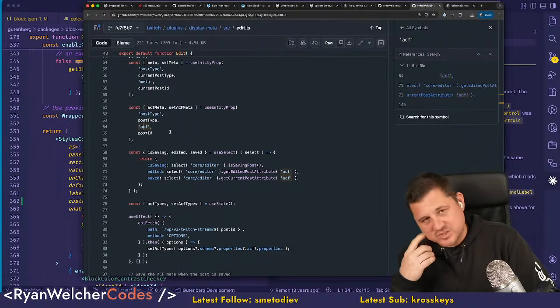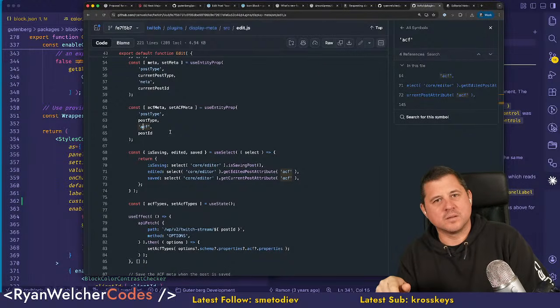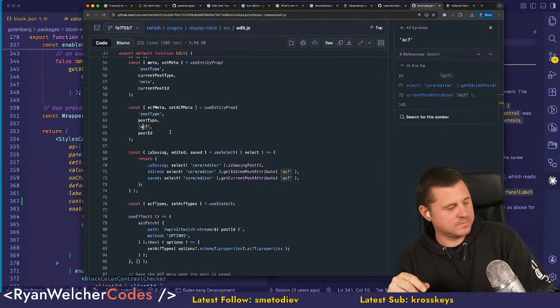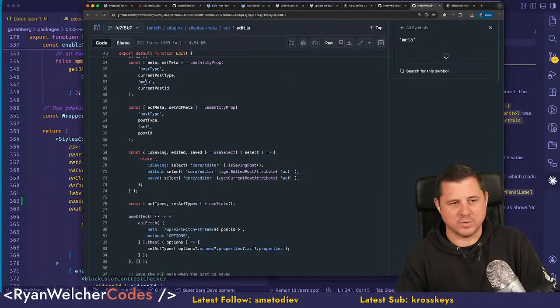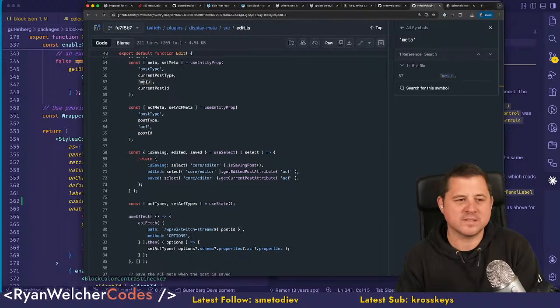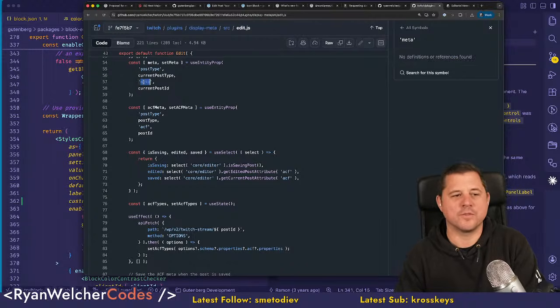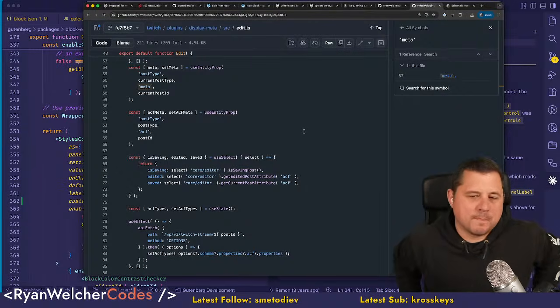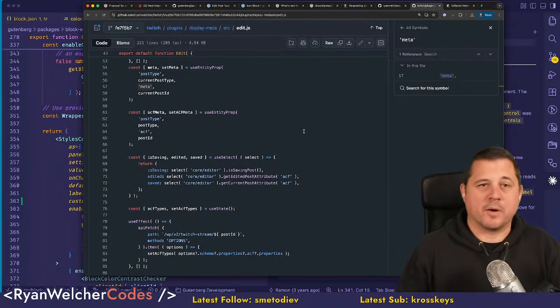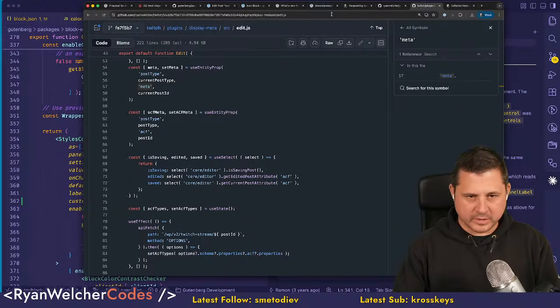It's stored on the entity, but is it stored in Meta or is it stored in ACF? I'm assuming Meta, because in that case you'll want to access the Meta item. This is just stuff that is on the response, so you can actually retrieve anything off of that. If you want to get the title, you can get that, right? You just have to make sure that you're accessing it in the right part of the response, and you can look at that